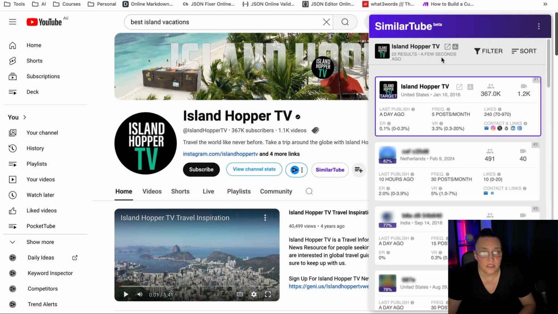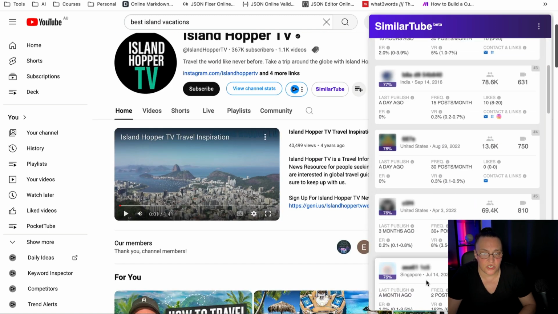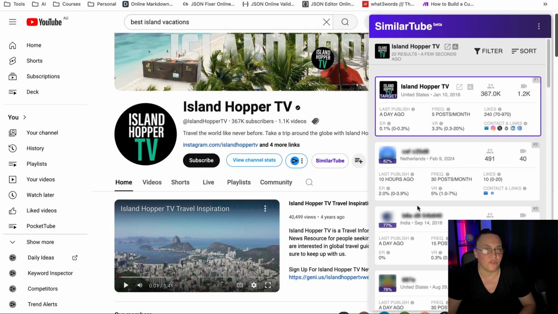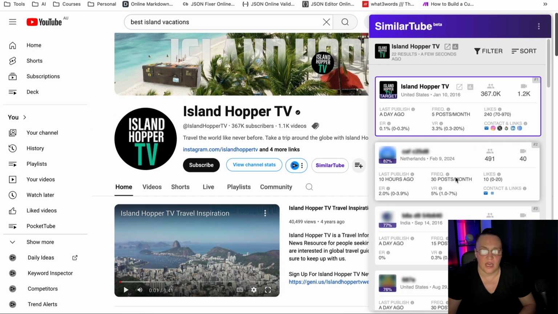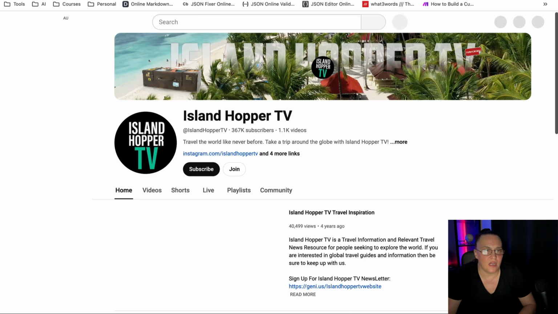Once you've exhausted your credits, you're going to see that now all the searches are blurred and you won't be able to see them. So that's when you'll need to start paying. But let me show you each channel. So you have the same channels like the Island Hopper, but they will have this little arrow where it says view detail. So all you need to do for each one of them is to click